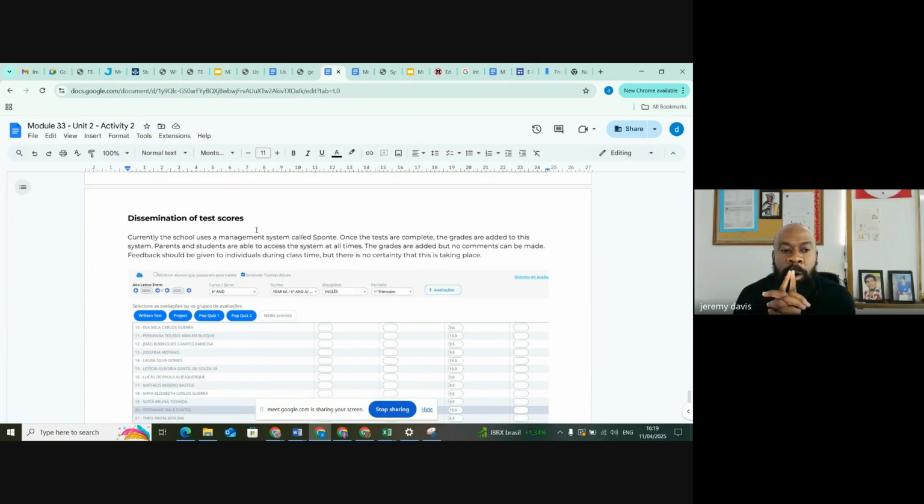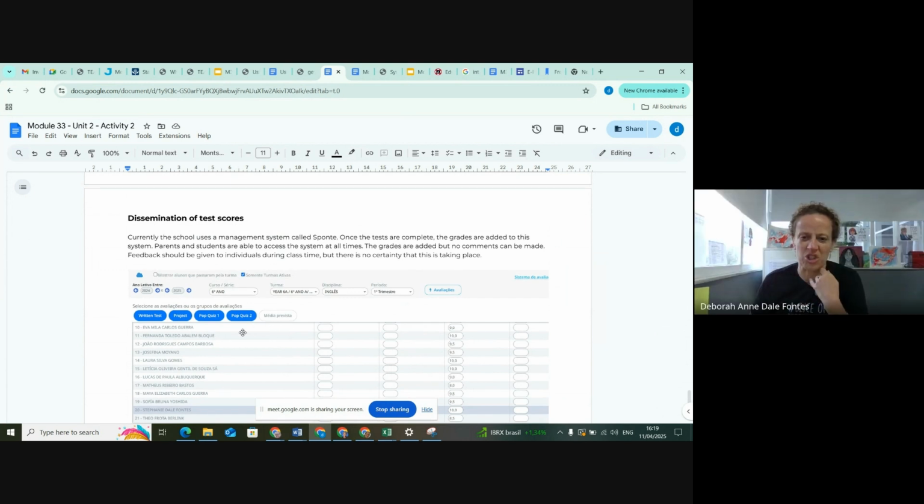What's the name of the system that you guys use? It's called Sponge. It's a management system made by Brazil. You've got the written test, the project, the pop quiz 1 and 2, and then all the grades go in. And then I can click here the média prevista, which is the mean grade, and that will appear at the end